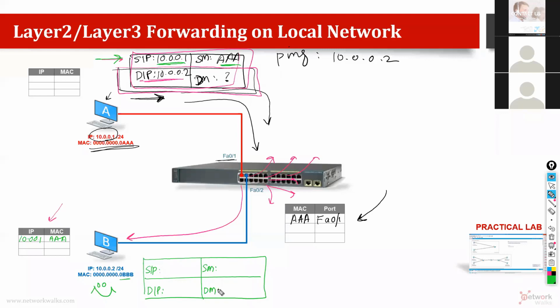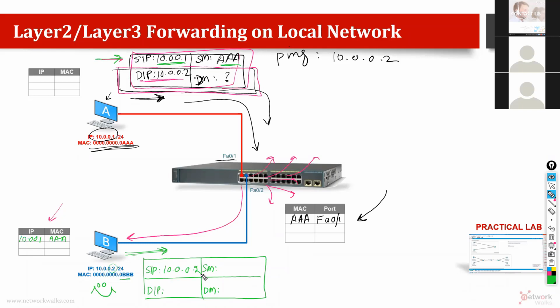Okay, so now what will be the source IP here? Because now B is going to send this packet. This is a reply, echo reply, or you can say ping reply. Just write the last digit. So source IP, very good. Yes, the IP of B. Source IP is now, because B is the source, B is generating this green message, .0.2. What is the destination? Where does it want to send?